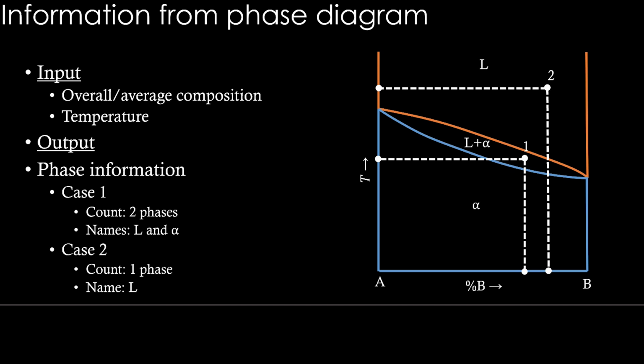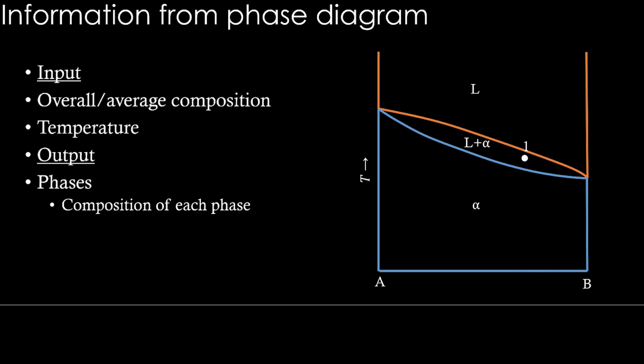Let's see how to read the composition of each phase. And for this case 1, first we have to draw the overall composition line like this. Then use something called a tie line. This green line here is called a tie line. It touches both single phase regions, like the limit, the boundary of the liquid phase region is here, the boundary of solid phase region is here. Okay, those are the two phases present in this region, liquid and alpha. So it touches the boundaries of both those single phases.